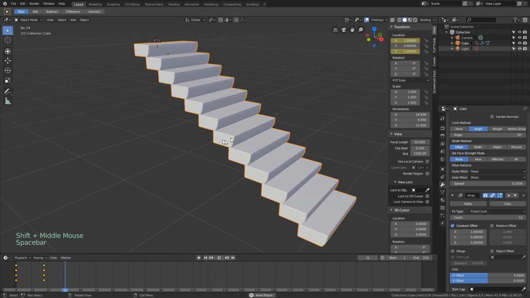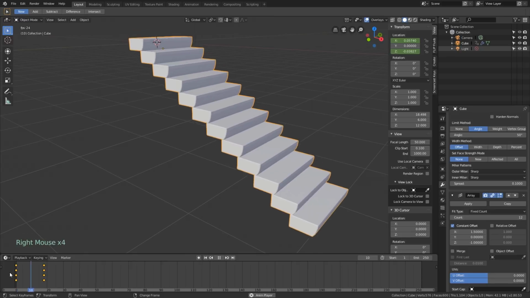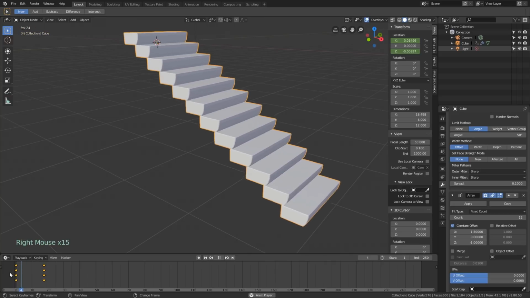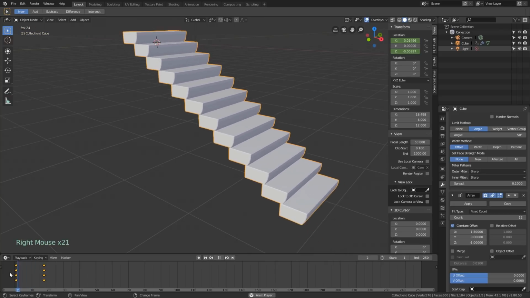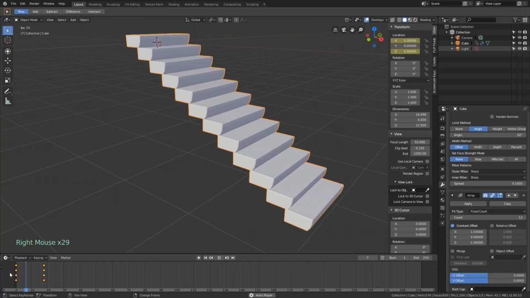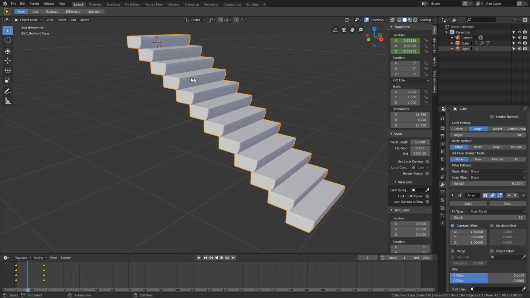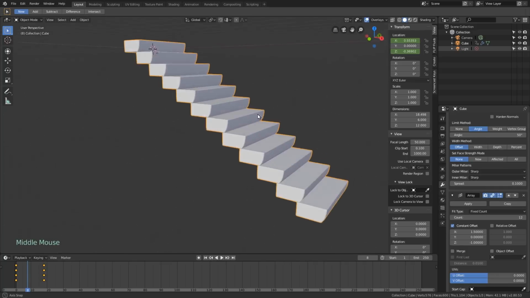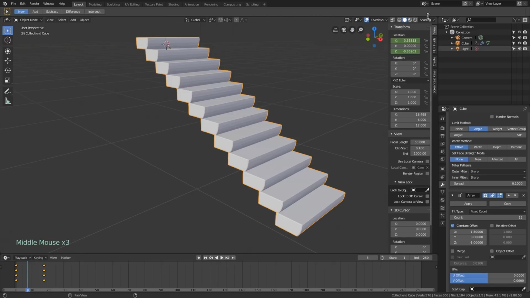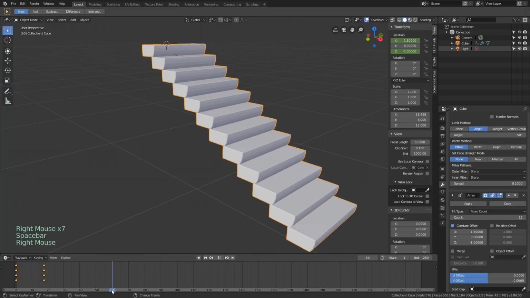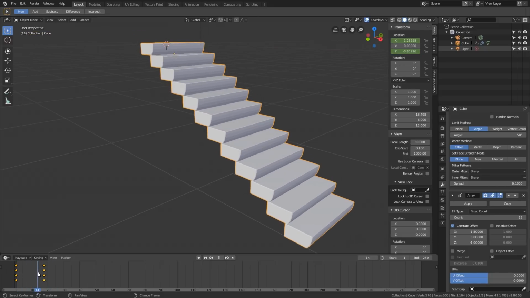Now when I press spacebar, I'm going to right click at this point here so we can see the animation effect we're going for. Basically, when it resets, it gives the illusion that the steps are continuous. But being able to see the end obviously really messes that up. So if we move over into our curves, obviously I'm not going to be able to right click to keep doing this, and we don't want to insert a ton of keyframes. So we're going to do something in the graph editor to duplicate that motion.